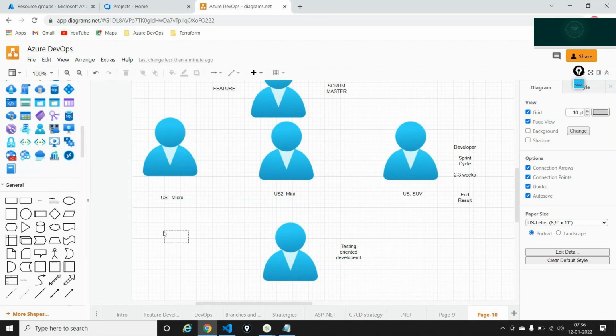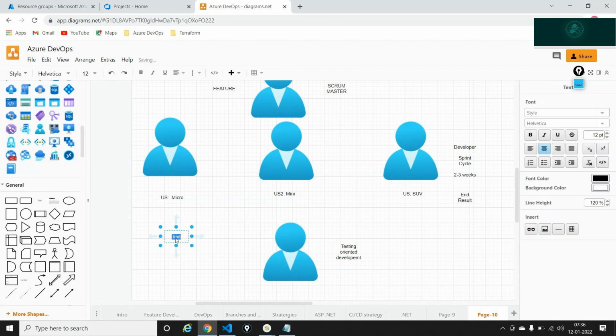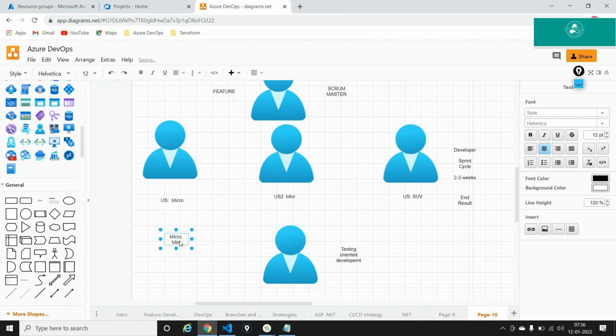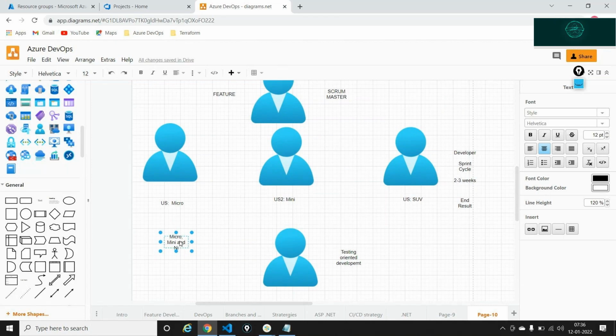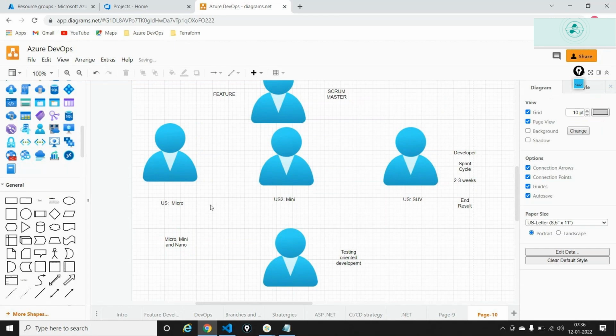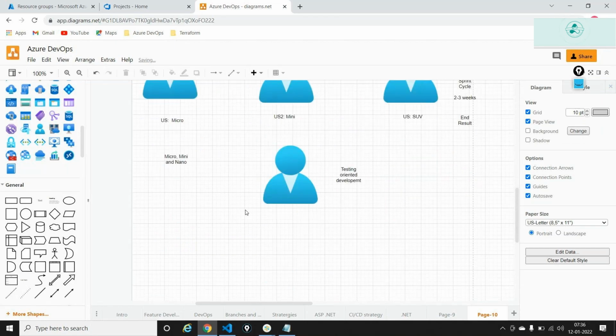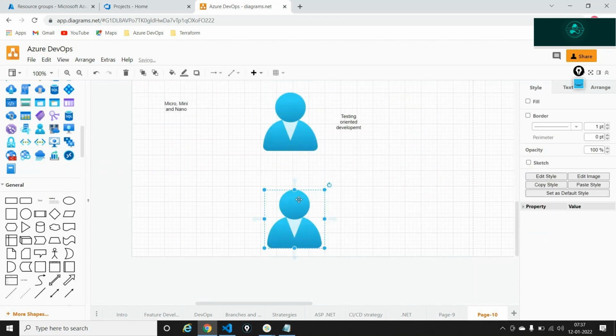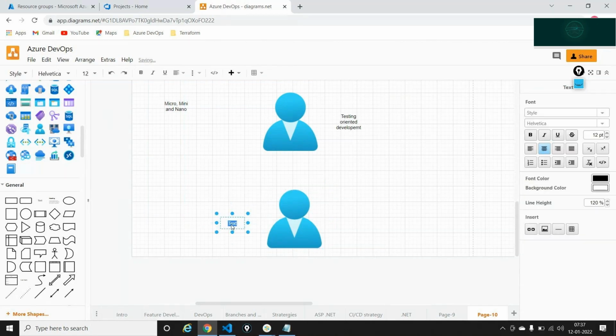And I'm saying at the end of the sprint cycle, I will have micro, mini, and nano delivered to the customer or delivered to the client through a team called the operations or the business team. So this is where I'm getting another team called operations, the ops, short form for operations,